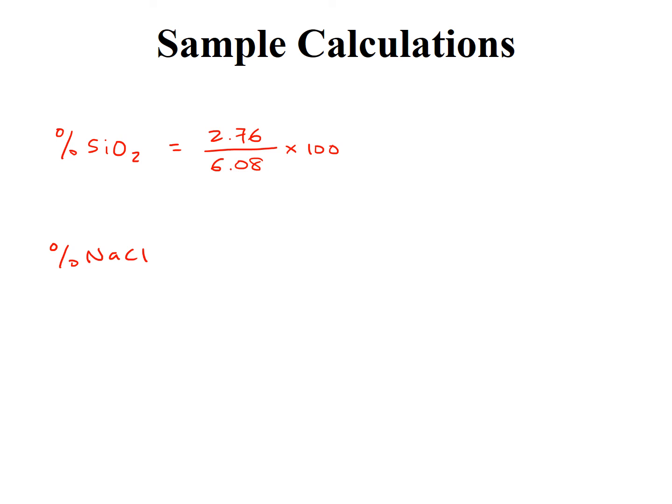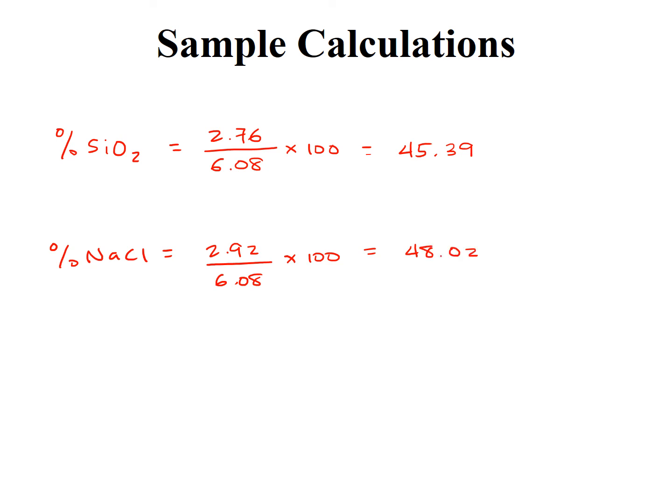So you multiply it by 100, you're going to get around 45.39. Now for the NaCl, you do the same thing. The amount of the NaCl that you were able to determine is 2.92 grams divided by 6.08 times 100, you have around